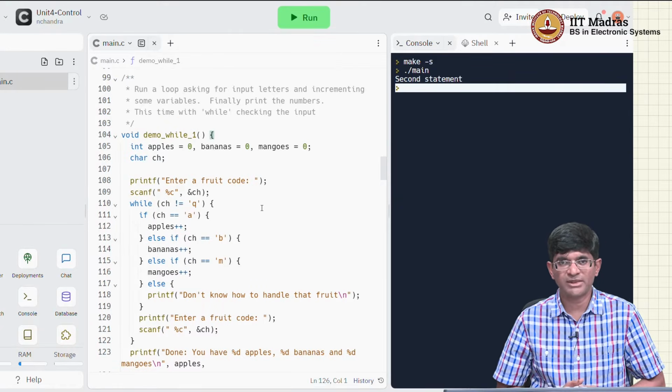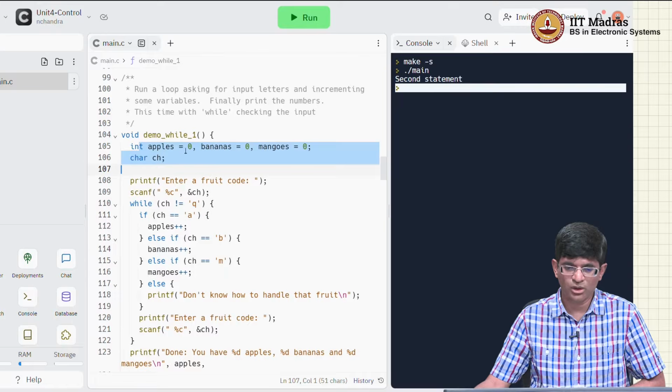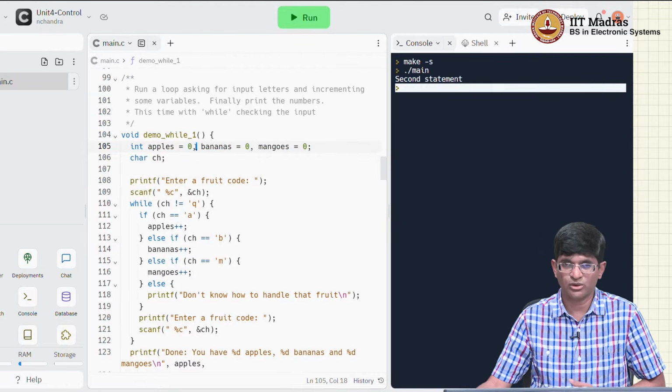I am going to rewrite the same thing, but in a slightly more meaningful manner, without suddenly breaking out of the function in the middle using return, by actually making use of the functionality of while. As you can see, the initial parts of the code look the same, except that I have made sure that I define and initialize my variables. After that, I print enter a fruit code, read in a fruit code, and then put in a check which says if the fruit was not equal to q,